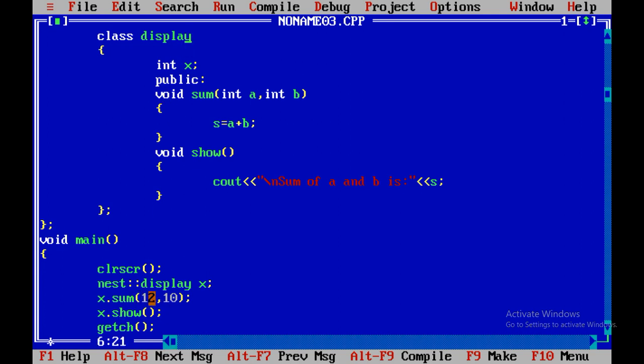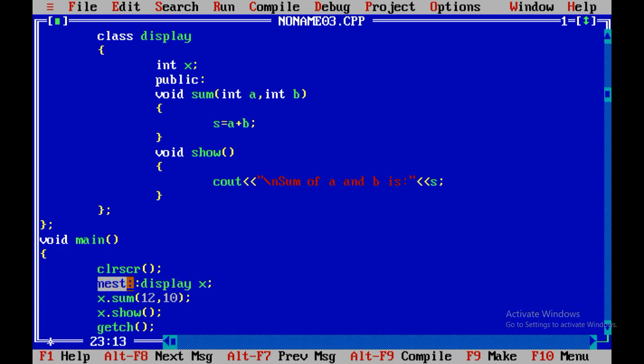But remember one thing, sum method contains two integer values, so we need to input two integers in such cases. But in this program, the concept is that we can access nested classes with the help of scope resolution operator. In this way you are able to create the object of nested classes.